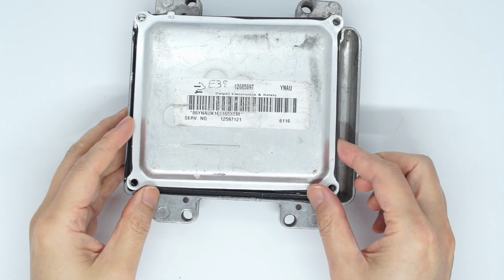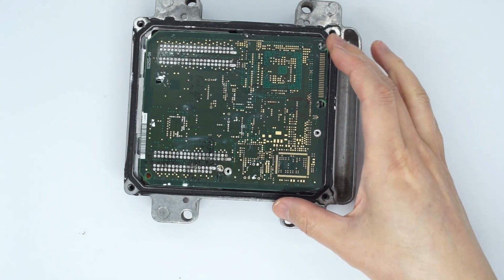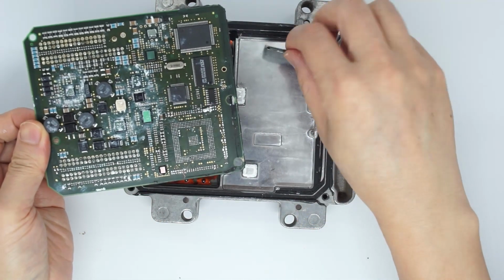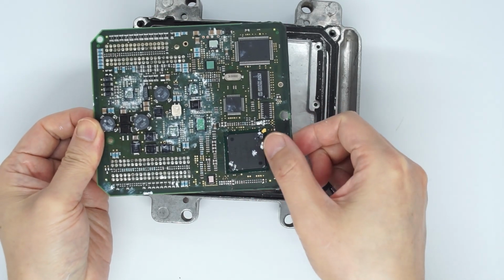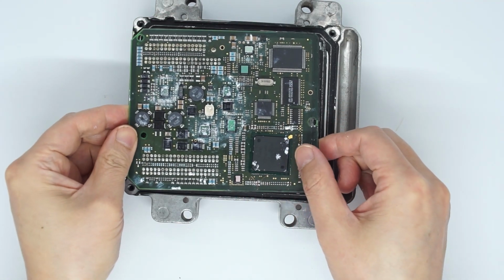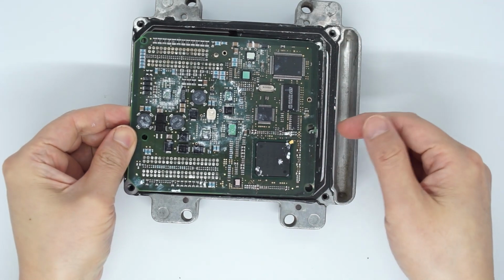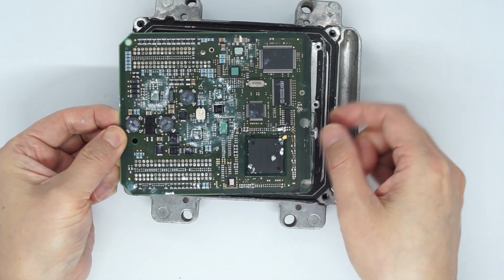This is ECU E38. This board has a Motorola, Freescale MPC561, and this is the flash. So the purpose of this video is showing how we can make the connection using NT and being able to